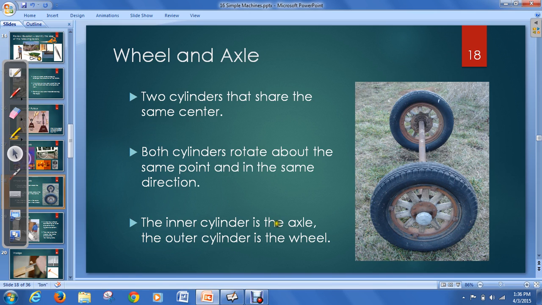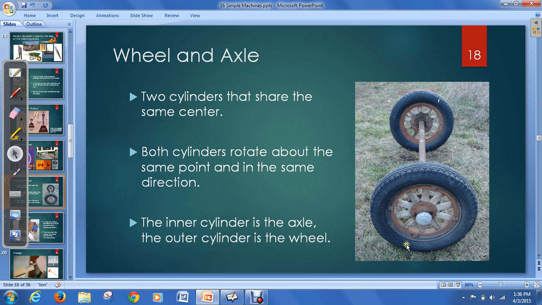And the inner cylinder is the axle and the outer cylinder is the wheel. Okay, so if you just look at this wheel, this is the wheel on the outside. This part right here on the inside is the axle. Okay, and so this helps with work because not only does it change the direction and